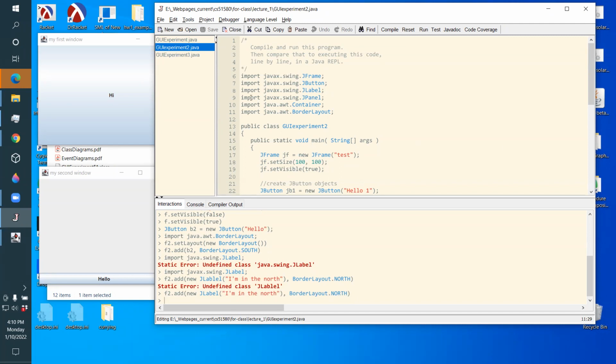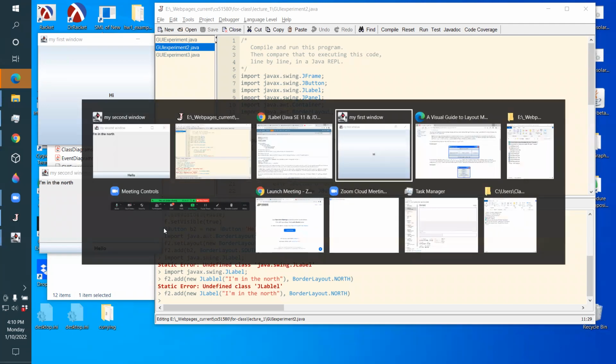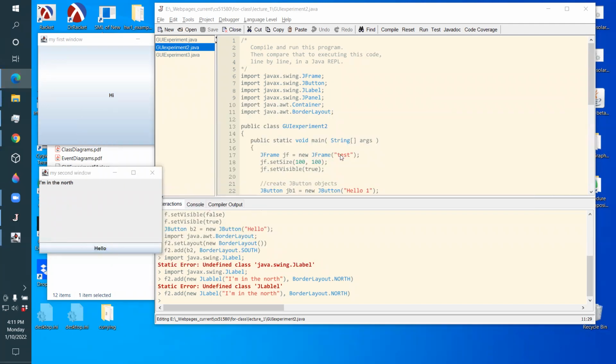Okay, let's see. Now go over here, resize it. That makes it redraw. There's the label. Okay, so I've got a label in the northern region of the